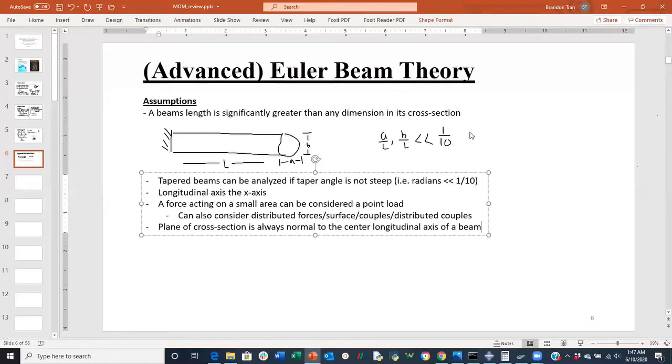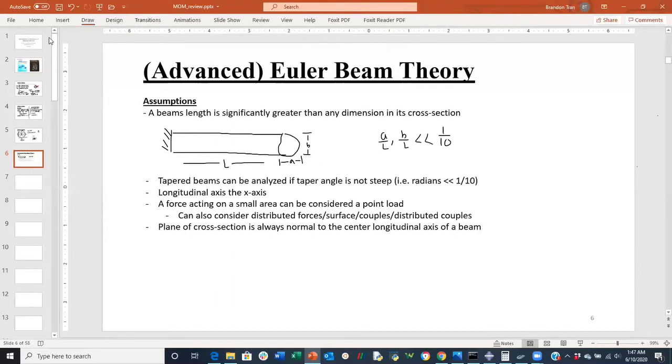So what I essentially mean by that is, take for example, if a beam like this were to deflect upwards, right? If we look at a mid-plane axis that goes through the beam,